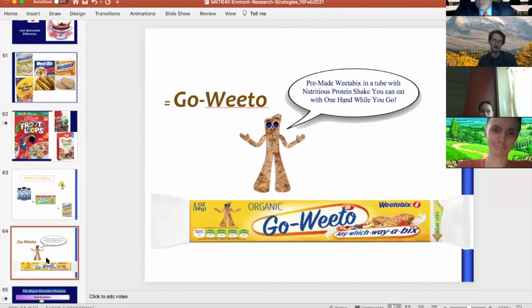That's Go-Wito. Go-Wito is a Weetabix with the new Go-Wito man. The Go-Wito man becomes the little cartoon, and Go-Wito is inside a little tube. It has cereal, so it's better than Ensure because there's the fiber inside. It's better than Go-Gurt because it has the fiber inside and the protein from the shake. And it's better than Weetabix because it has all of this all together. That's how you define a J&D. It's a J&D for each one of these products. It's an addition, and obviously, you have to explain more research and more data.